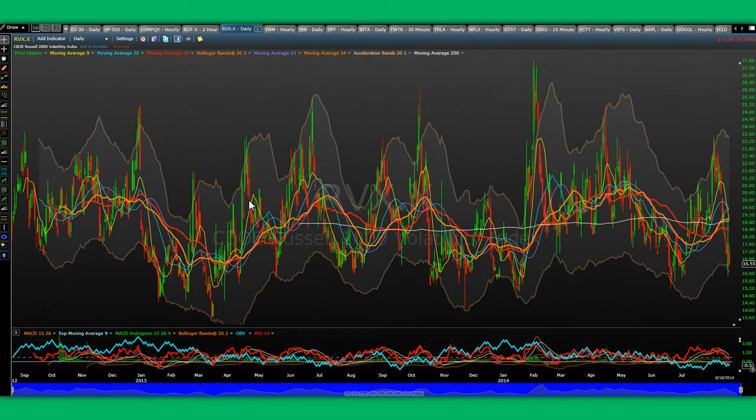let's zoom in. This is the daily chart of the RVX, and the first thing that you notice, let me get my drawing tool out here, is that we are on the lower end. We did a nice reversal spike, and we are on the lower end of the Bollinger. Now, what happens when we get to the lower end of the Bollinger? Well, I don't need to tell you. You look at it yourself. This is what happens. We get to the lower end of the Bollinger, and